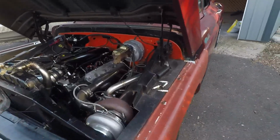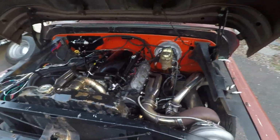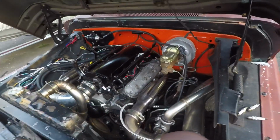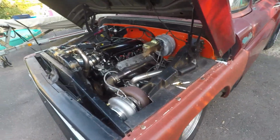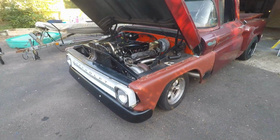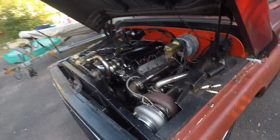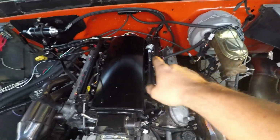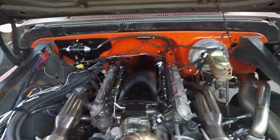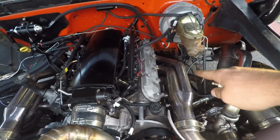Alright, figured I'd show you guys this. So, it's Friday, I have a dyno appointment Sunday, and sure enough, yesterday when I drove the truck, I couldn't even really feel it, but I figured I would check all the header primaries to see if they were all hot, because I've had an issue in the past with the back two cylinders on each cylinder head being a little cold, and sure enough, after driving it for a while, they were all about 300 degrees, and then